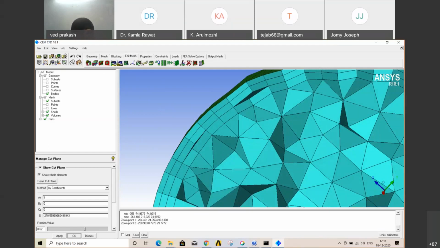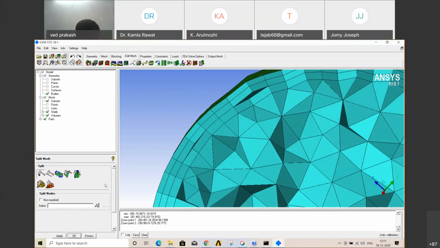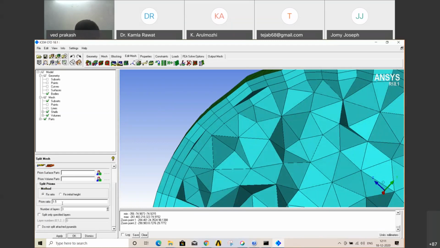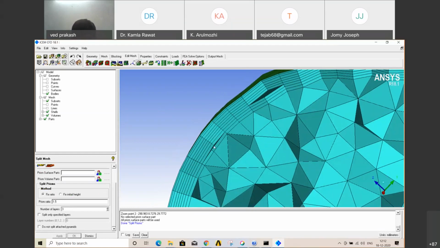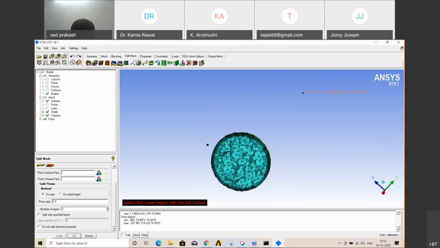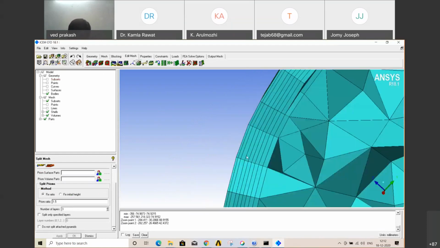There is an option split mesh. The last option is split prism. Okay, prism ratio 1.5, number of layers 3. Just apply. Okay, so you can see your number of layers increased. Before it was 3, now it increased by 3 times, like 9. All right, that's good enough.